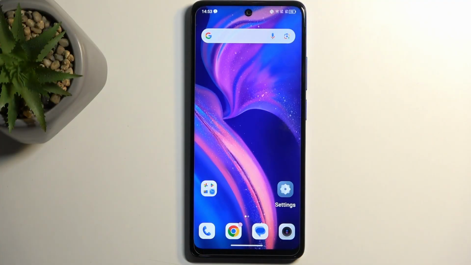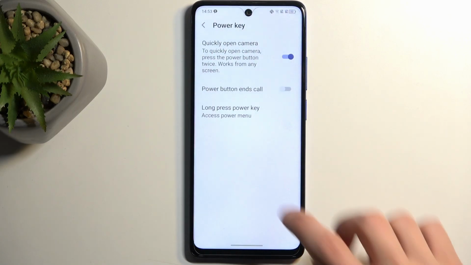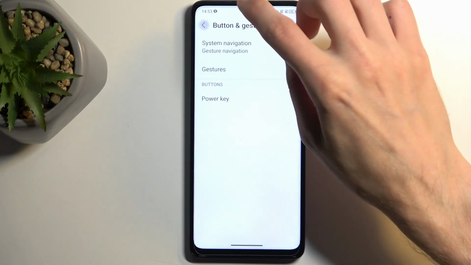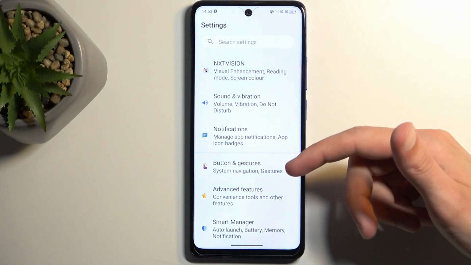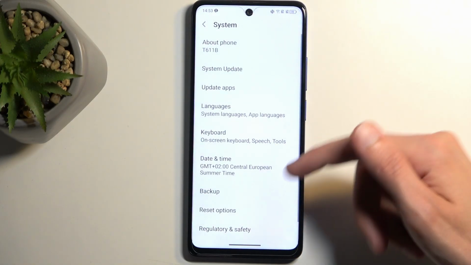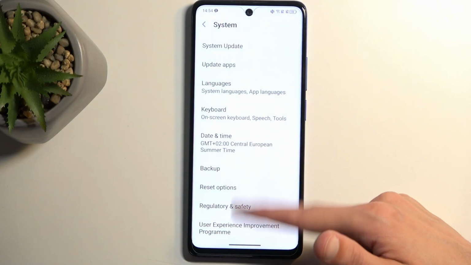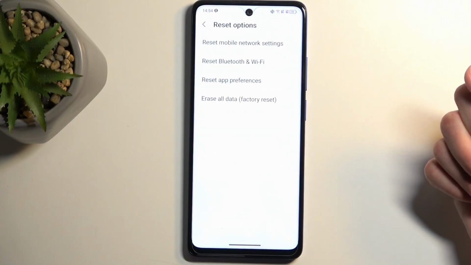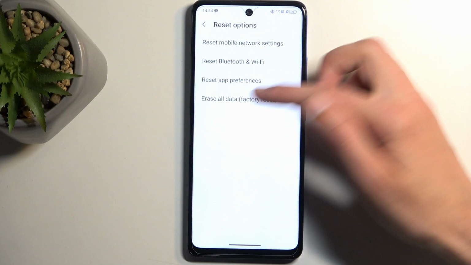So to get started, you will want to open up your settings application. It should be by default located in the main settings page like this one. So in here you want to scroll all the way down to System, which is the last option, and then somewhere at the bottom of the list you will find Reset options, and in here just simply select Reset All